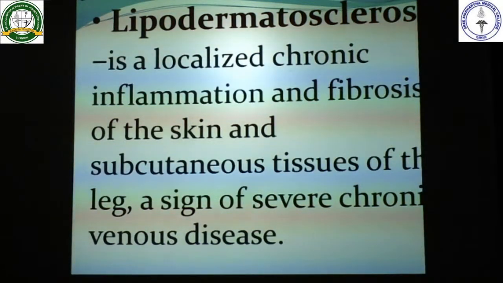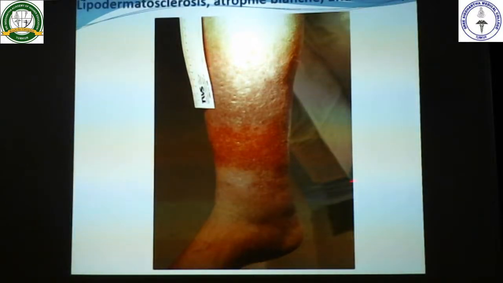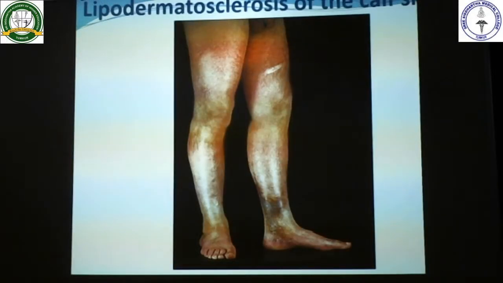lipodermatosclerosis. What is lipodermatosclerosis? It is a localized chronic inflammation and fibrosis of the skin and subcutaneous tissues of the leg. It indicates a sign of severe chronic venous disease. It is called lipodermatosclerosis. So this is the image showing lipodermatosclerosis. This is also showing